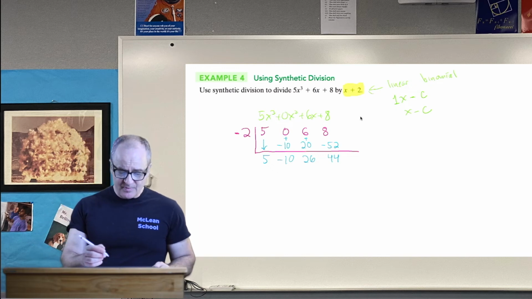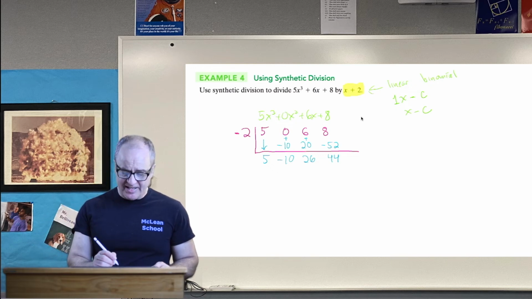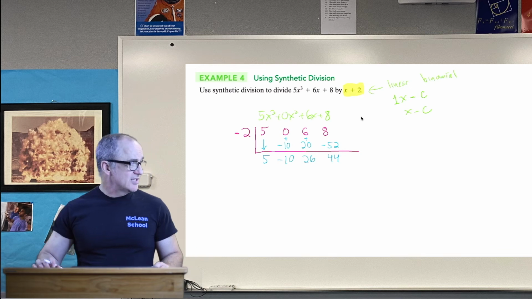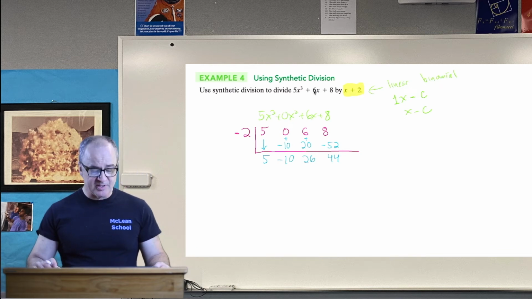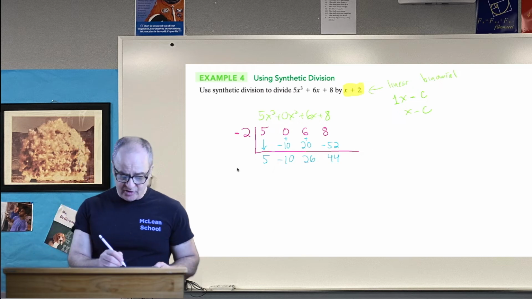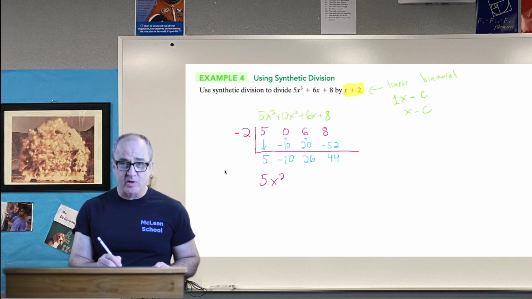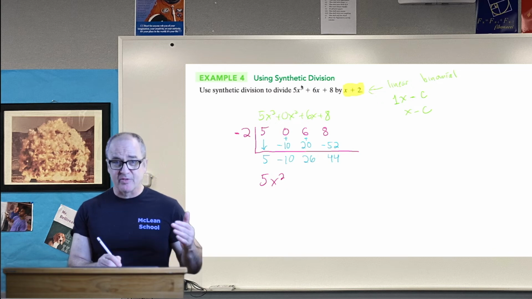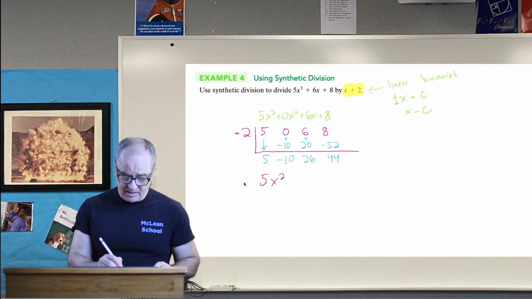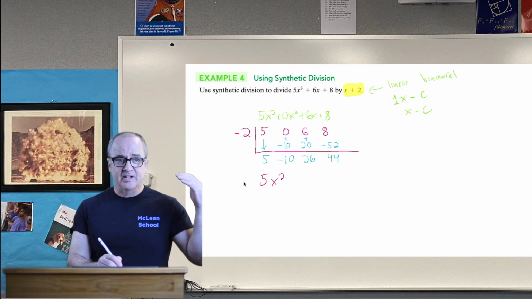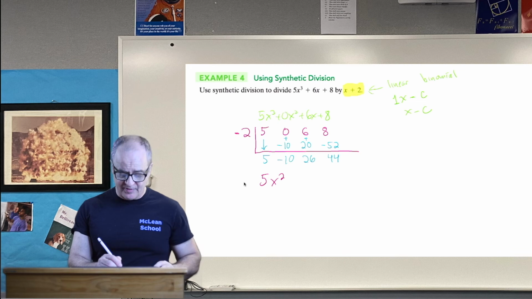So what these new numbers tell us is that our answer to the question, what is 5x cubed plus 6x plus 8 divided by x plus 2, the answer is 5x squared, starts 1 degree lower because we divided it by something in the 1st degree. It's like when you divide 100 by 10, you get 10, you just drop down 1 place value,